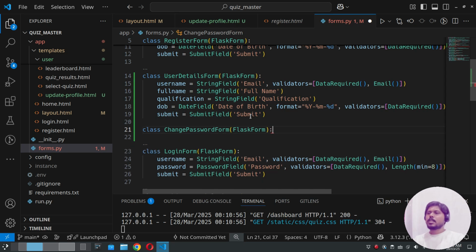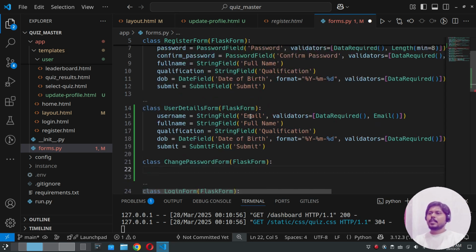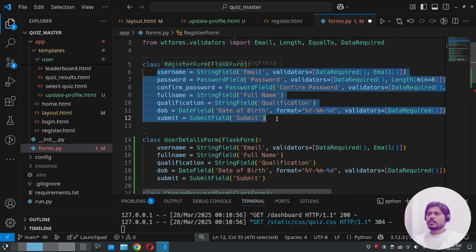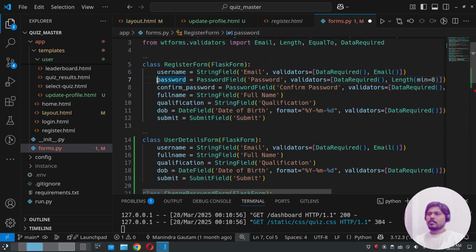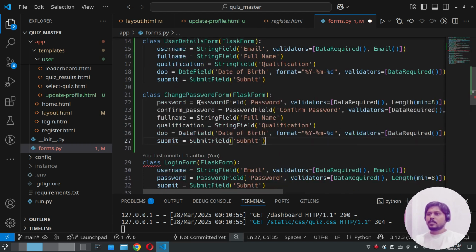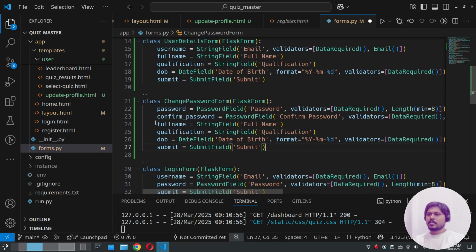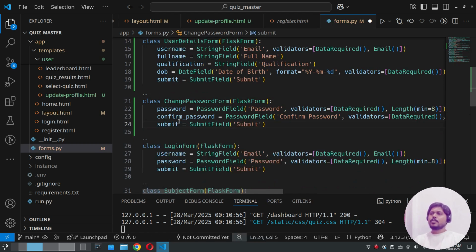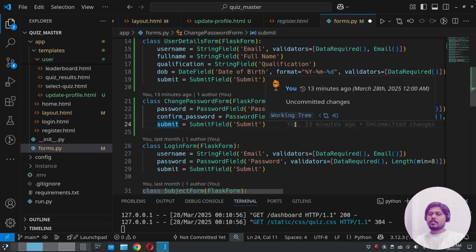Make an object using the FlaskForm and add all the fields. Basically, we need these two fields, password and confirm password. So remove extra fields. Okay. So in the change password form, we have password and confirm password, and then the submit button. Save it